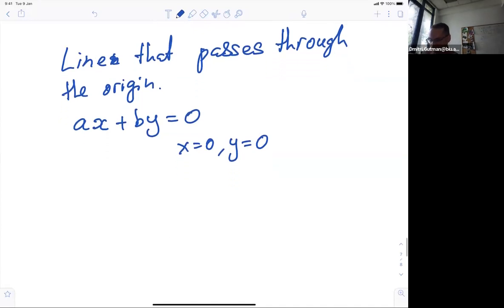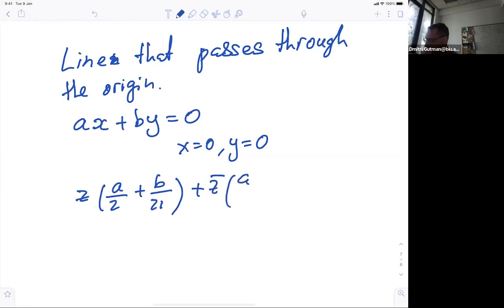So the equation for this line in terms of the z variable will be z times (a over 2 plus b over 2i) plus z bar times (a over 2 minus b over 2i) is equal to 0,